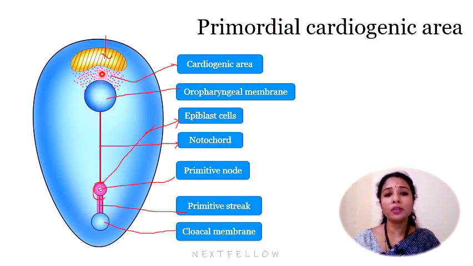With the development of the brain vesicles, that is, the neural tube later on develops into forebrain, midbrain, hindbrain, and with the development of the head fold of the embryo, we know the head will start folding ventrally. Because of the head fold of the embryo, the oropharyngeal membrane moves forward, and the heart tube and the pericardial cavity lie ventral to the cervical region. So initially here in this image we can appreciate it in the cranial end of the embryo. Later we will see in the next image how it shifts into the ventral side because of the head fold of the embryo.